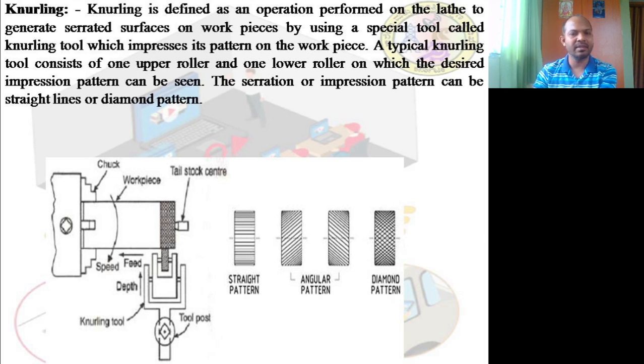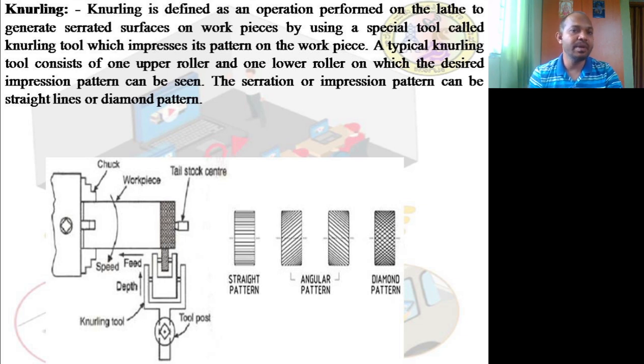What we are doing is impressing a diamond shape, like a cross shape like this. A diamond shape impression or a straight line pattern, different shapes can be achieved onto the surface of a workpiece by using specially shaped hardened metal wheels. Hardened metal wheels are used, by which a proper shape is given. It is fed against the rotating workpiece.